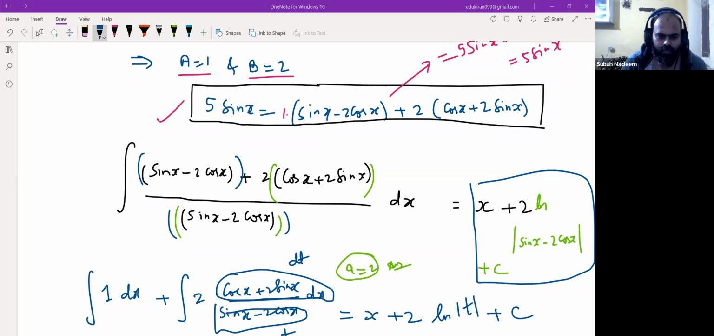So how are we supposed to know that we have to do that step, the 5 sin x step? No,